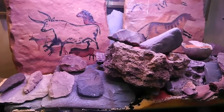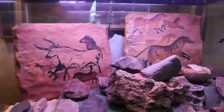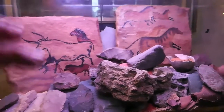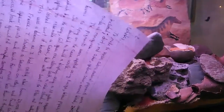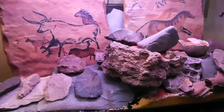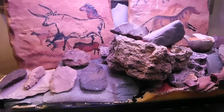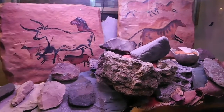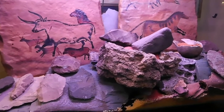Now the originals are massive in size. These are very much in miniature, and like I said, they are massive in size and closed off to the public now because of damage done to them by, I guess, the constant tourist traffic. So anyways,